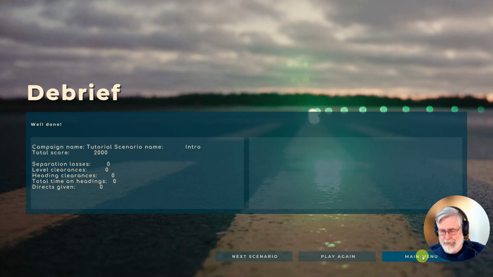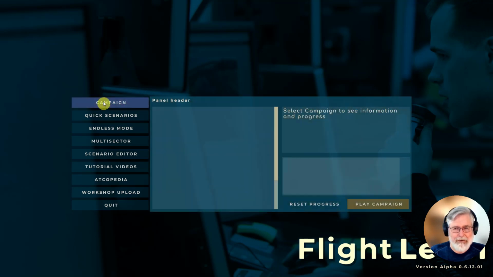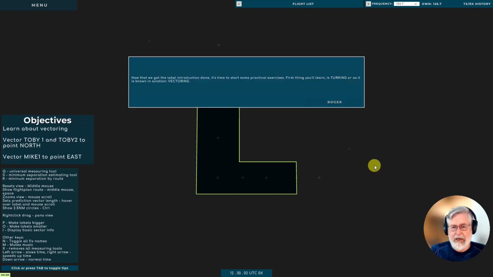Now let's go back to the main menu. And from the main menu, we'll click campaign. And now we see we don't have any scenarios listed over here the way we did the first time. And it says select campaign to see information progress. So we can't select a campaign, but we'll go ahead and click play campaign. And that takes us to the